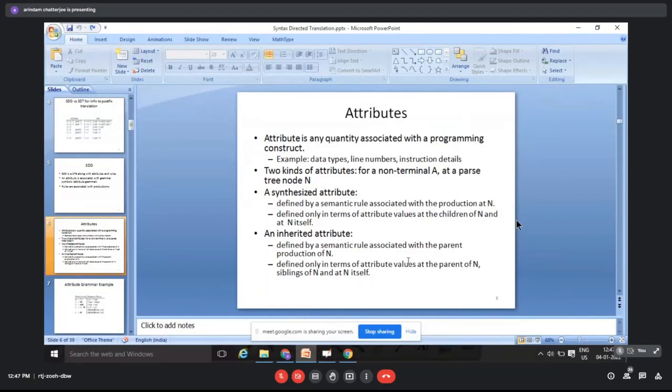There are two kinds of attributes which are very important for our understanding of SDT or SDD. Please carefully note them. One is known as synthesized attribute, another is the inherited attribute. So can you tell me, if I tell you that I have a non-terminal A and its attribute is ABC, and it is a synthesized attribute, what is the first thing which comes to your mind? What do you mean by synthesized? And what do you mean by inherited? Suppose I say DEF